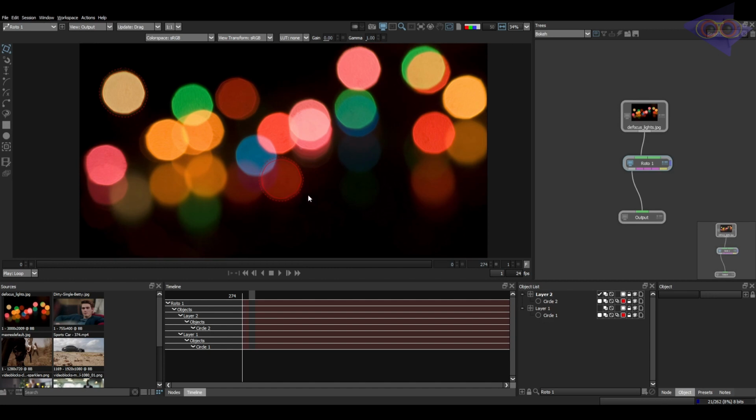So always remember, when there is a defocus in a shot, we have to layer up the shot according to the depth, according to the camera depth I would say. The shapes in the foreground of the shot should be kept in a layer named foreground, the shapes in the midground or mid depth of the shot should be kept in a separate layer, and the shapes in the background which might be defocused should also be kept in a different layer. This layer concept is really important when you are doing a defocus shot. So I hope you understood this trick here. Always layer up the subjects in a shot according to depth from the camera.